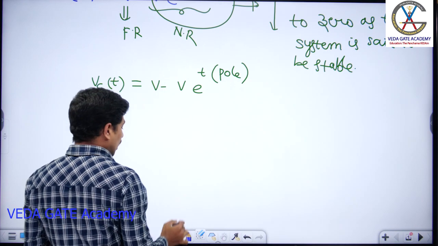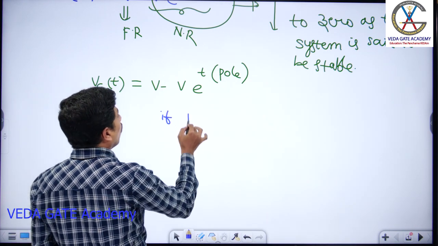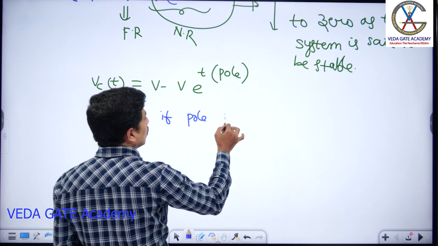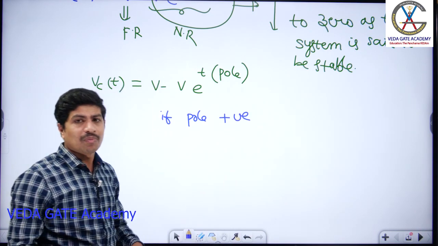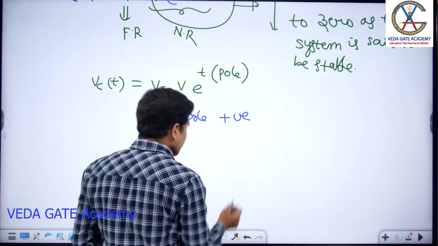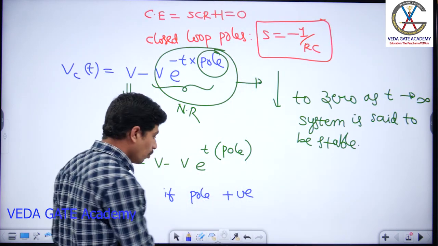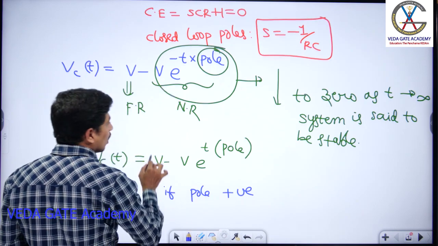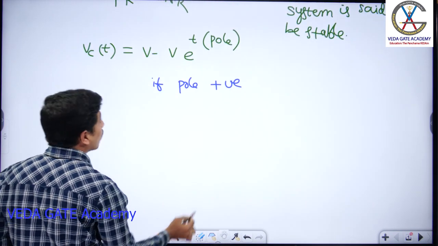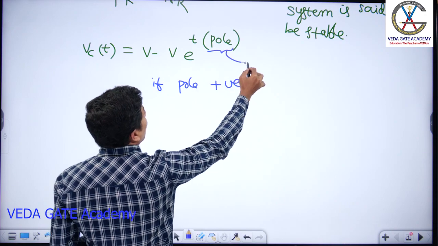Now, if the pole magnitude is positive, then what happens? Please do not depend on this example. Anyhow, in this example, the pole value itself is minus 1 by RC. No issues here, I'll explain very clearly. Observe, as here the pole value is already negative,